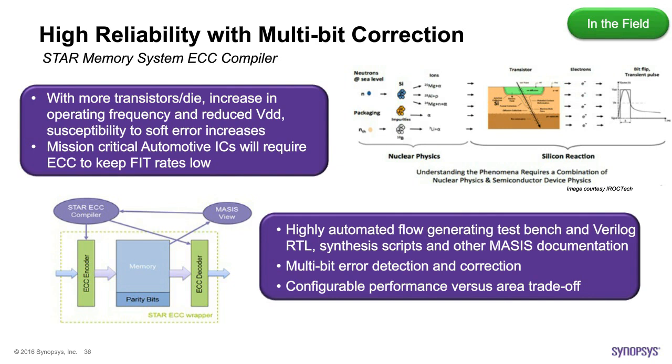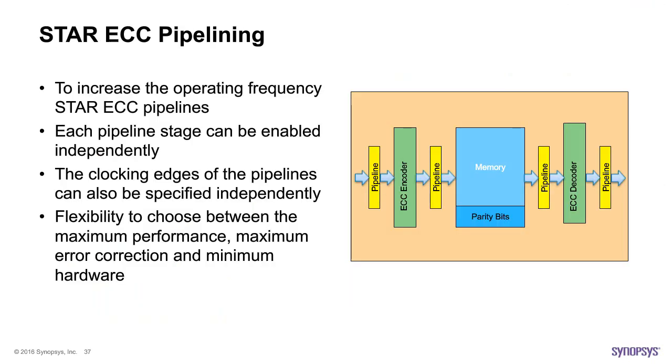These self-correcting engines are very important, but not to be used on every memory in the chip. Typically, it's based on the functionalities of different corners of the chip, the criticality of those functions, and accordingly, the investment in ECC happens. So the star ECC that we have developed has this flexibility in terms of which granularity you need to put